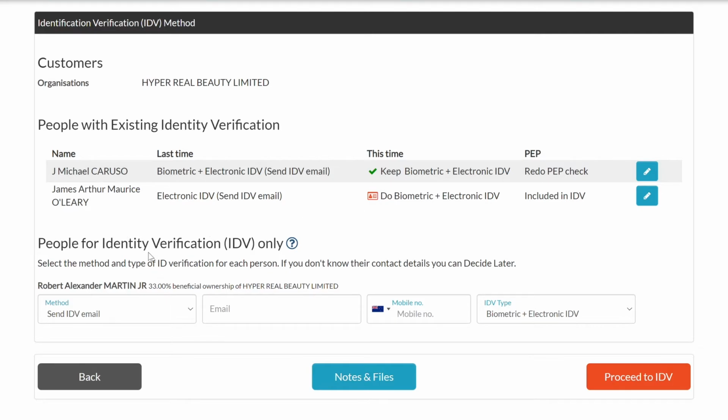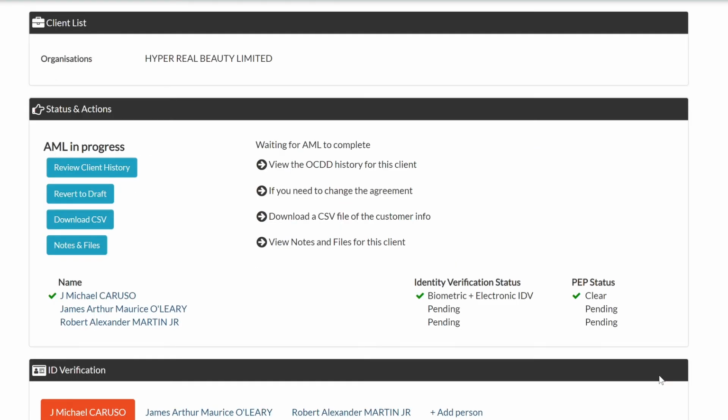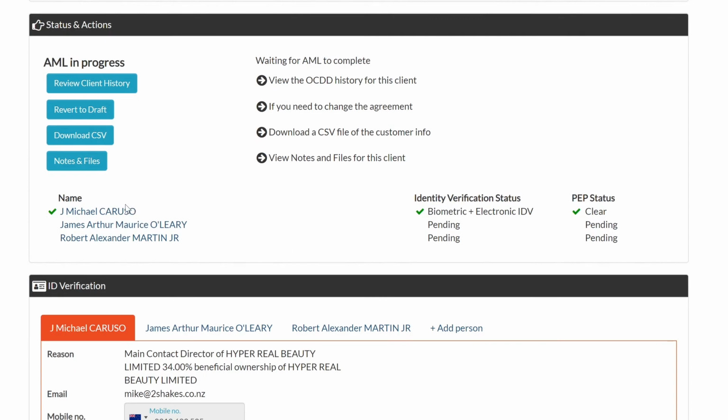And then the people who have been added since the last time we did customer due diligence, we've got down here that Robert is needing to be ID verified, and this is what you would see normally. And I would just put in, say, I'll put in my own email address and defaults to biometric, which I'm happy with. Now, when I hit proceed, it's going to keep the ID for the first person, but redo the PEP. It's going to upgrade the second one to a biometric, and it's also going to do a biometric for the third person. So when I click proceed to ID, I can see straight away everything's done for Michael,